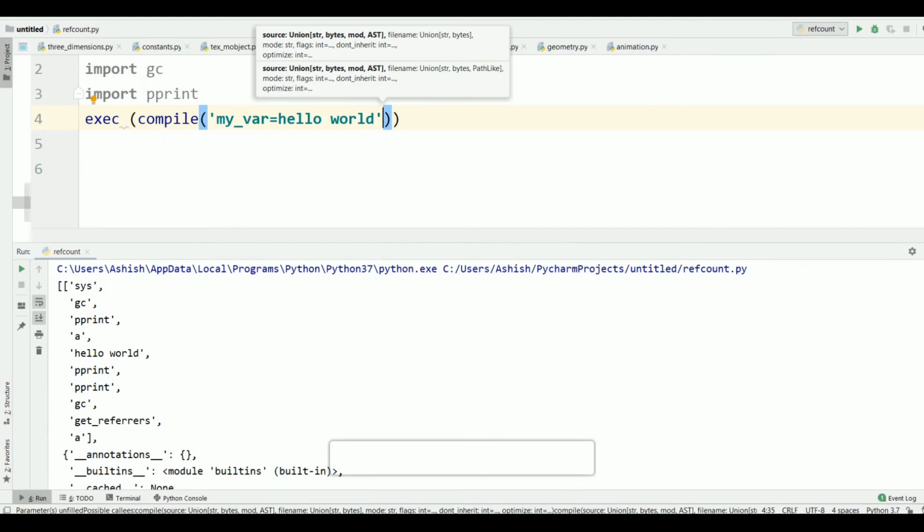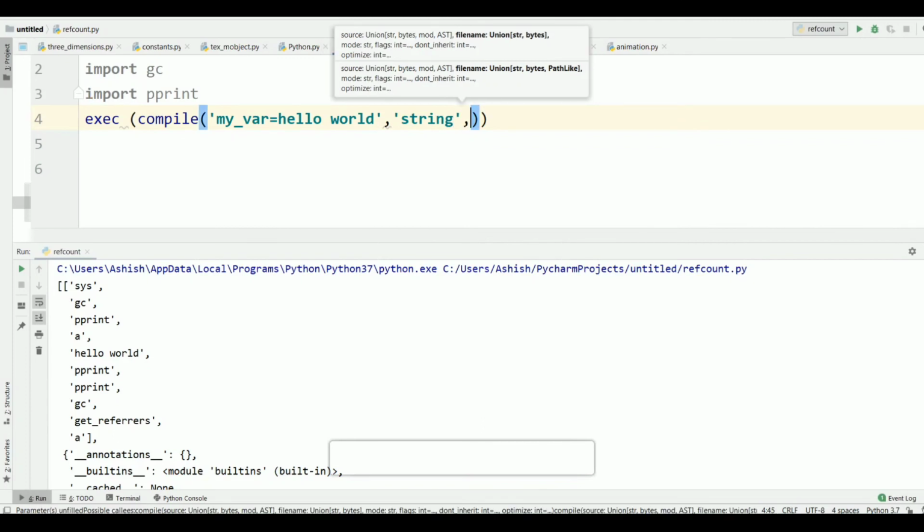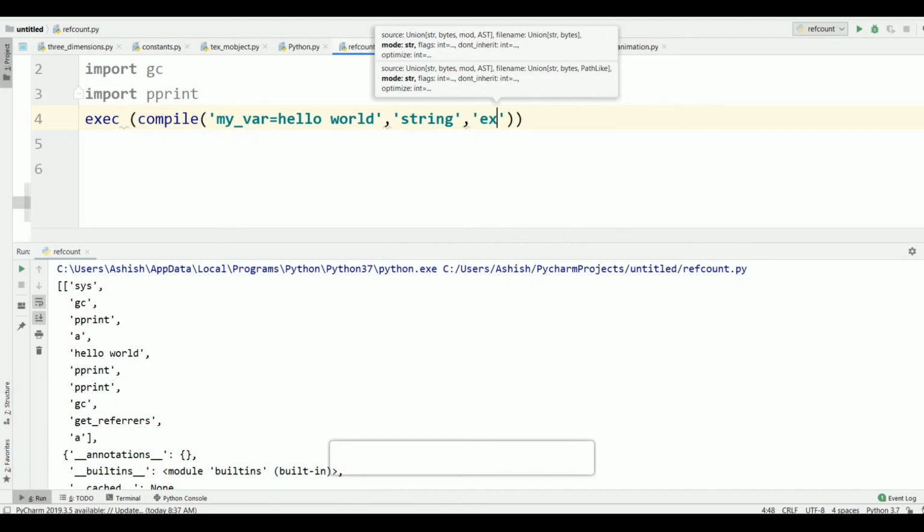Then the file name, which can be a string or bytes, but we are giving a string. Now the type of file, that is the mode. The mode is exec, we want to execute it.